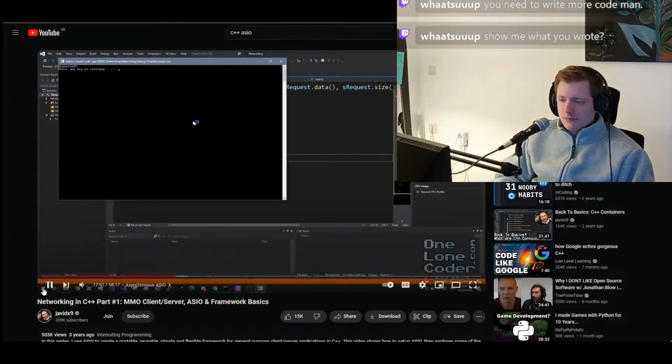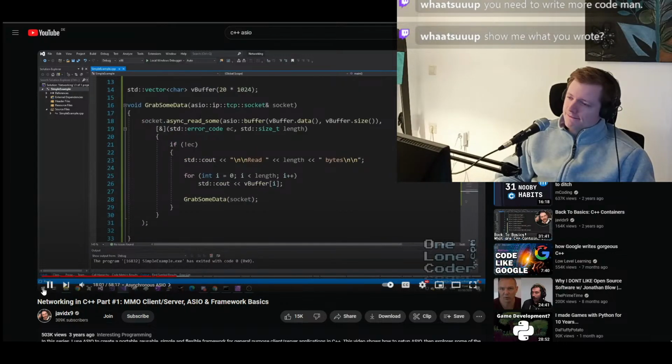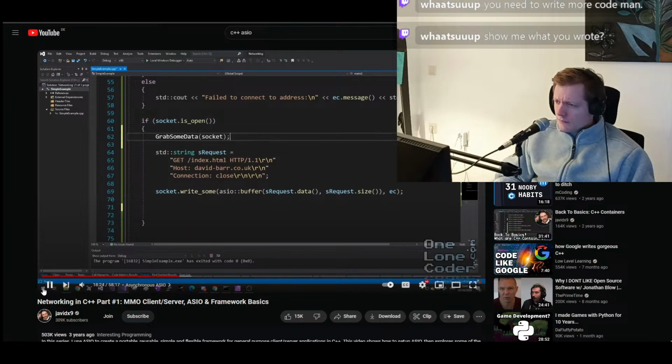Let's take a look. Well, we've not been very successful here either. It's connected, but then immediately exited. The reason for this is similar to the first time that happened. We called the grabSomeData function straight after issuing the request. This grabSomeData function would have then primed the I/O context to read something asynchronously. But the problem is, our program finished before anything could happen. And this is where starting to think asynchronously can be a little tricky. Instead, I'm going to prime the ASIO context with the ability to read bytes before I send some data. And to stop my program